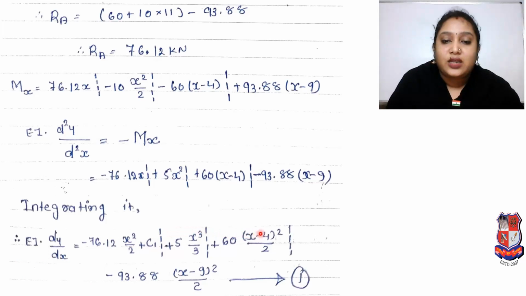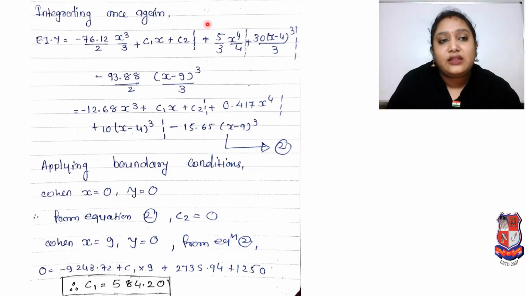You just remember that it is our equation number 1 because it will be useful to find our values. So integrating that equation, here EI into y. So here minus 76.12 by 2, that here x cube, so whatever power is there we keep in divide also, plus c1x we have again integrated, so with c1 x is multiplied plus c2 constant is there, plus 5 by 3 x raised to 4 divided by 4 plus 30 here in bracket x minus 4 whole raised to 3 divided by 3